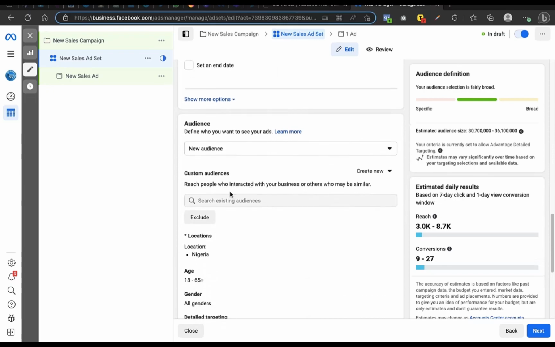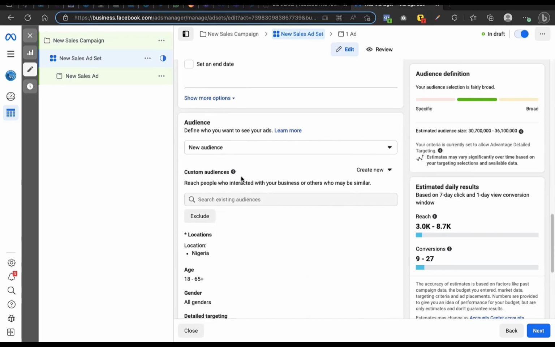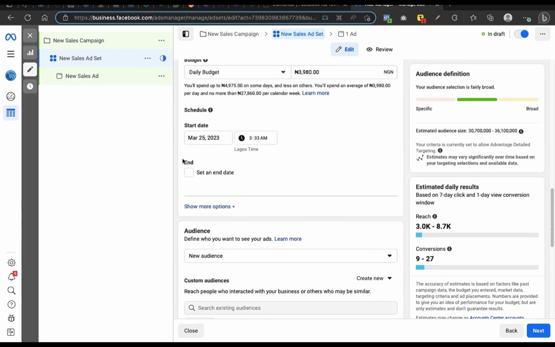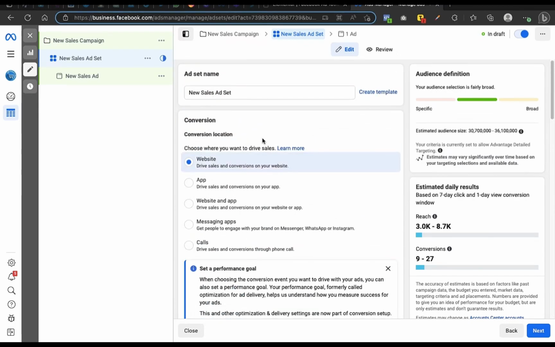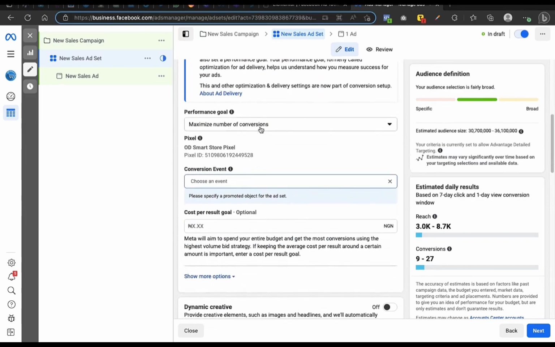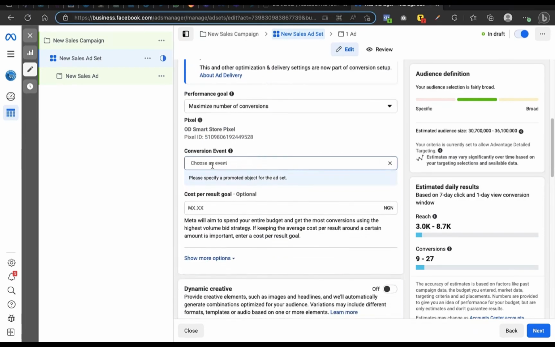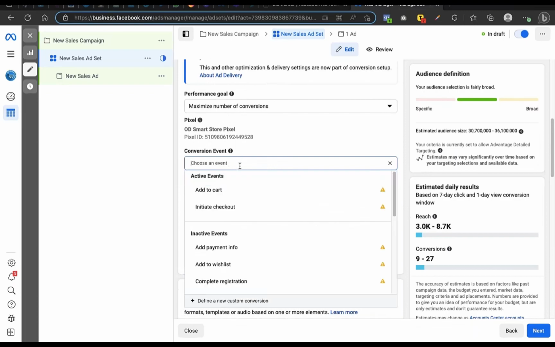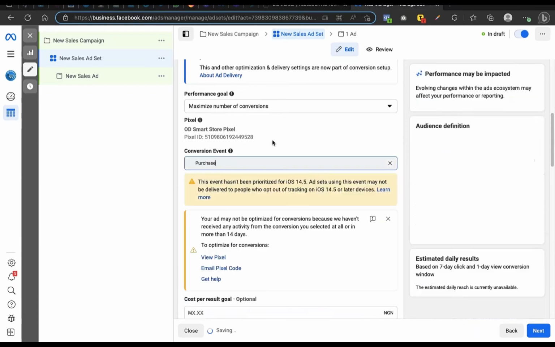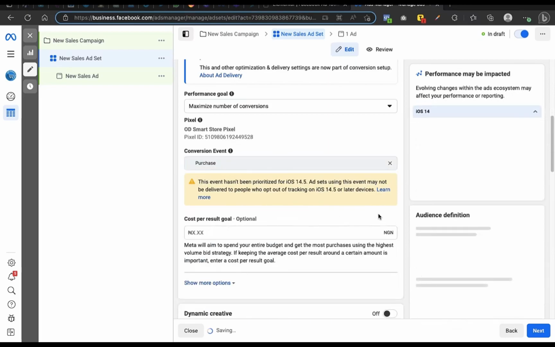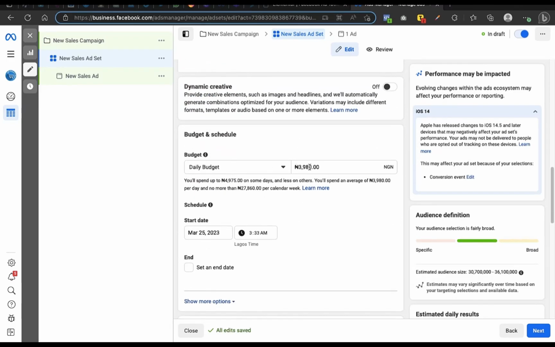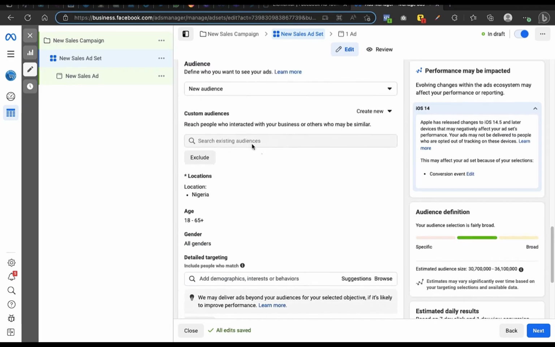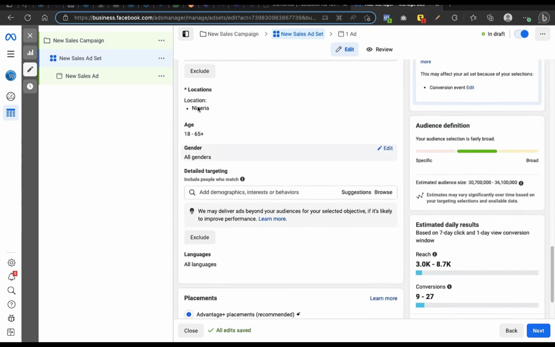So I won't be going into targeting details. This is just a walkthrough video. So what most people do is they come to the ad set level like this. Now they select their conversion location, they select their conversion events, which is most likely purchase like this. Then let's ignore this,